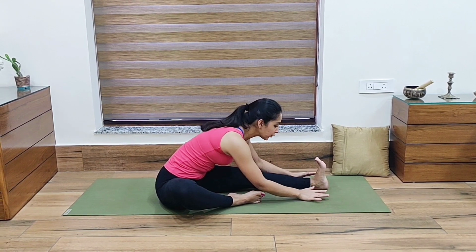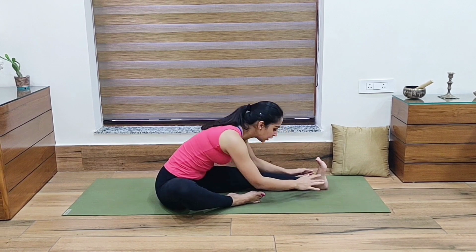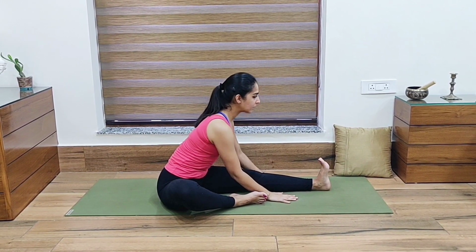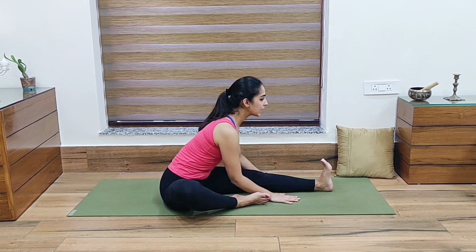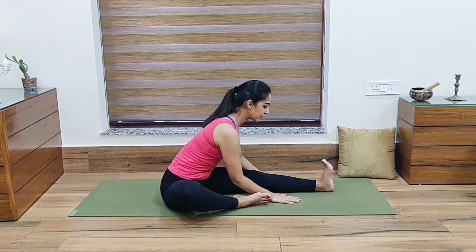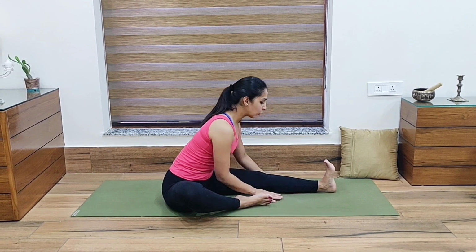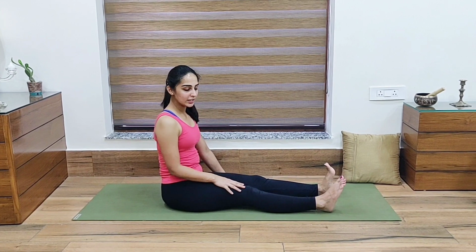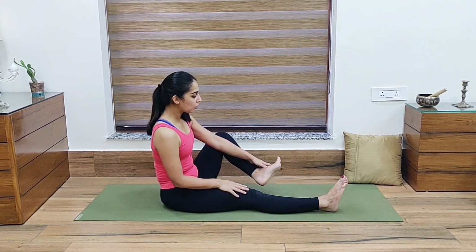It's not important that you have to go further down. You can feel the stretch. Place your palms beside and pull yourself forward. Extend. Keep breathing here. Take 3 to 5 long breaths and then slowly walk back. Release the leg. Then we fold the other leg